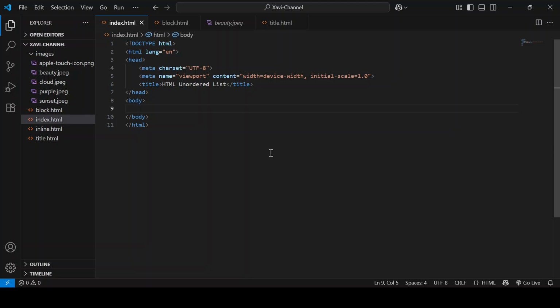First up, we create the UL tag by pressing U on the keyboard, L, and then UL appears. You hit enter on the keyboard, you hit enter again. And this is the UL tag, the unordered list tag. This tag gives you an unordered list, a presentation of the list which is unordered,